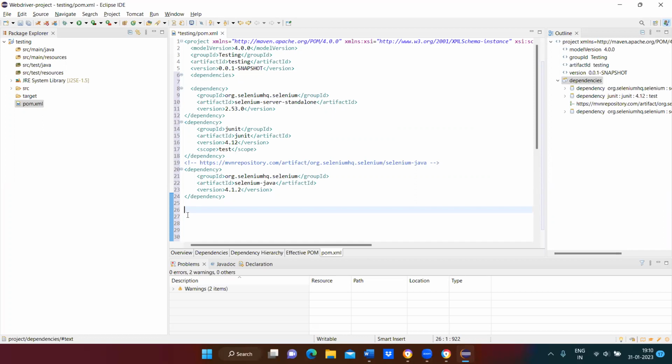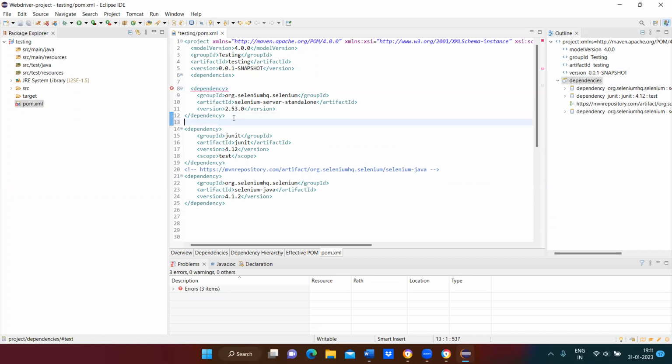Now, if you want to have the extent reports, we can add your extent reports. Now, whenever you create all your dependencies, now